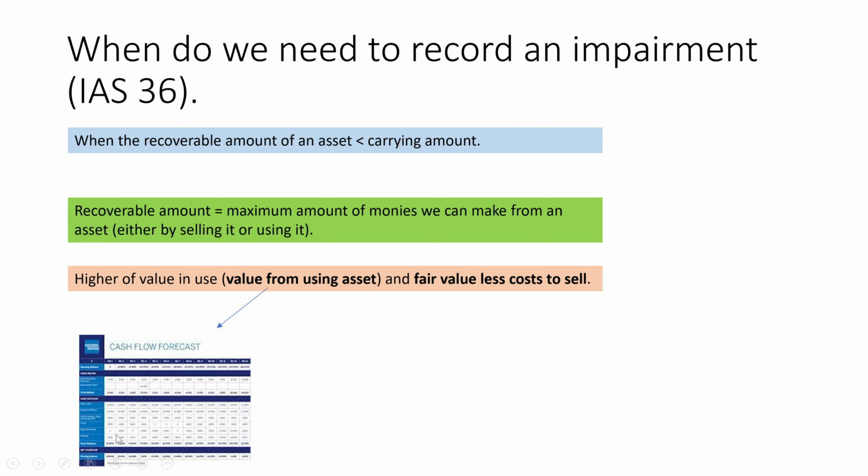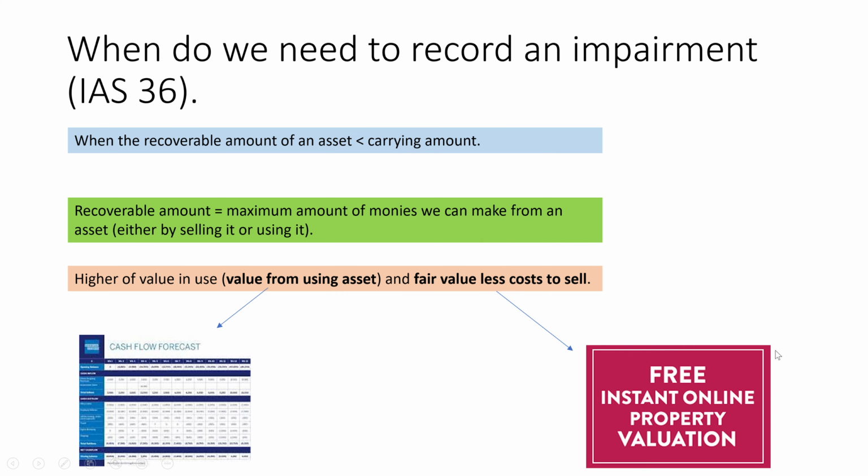So there's a bit of subjectivity. If you're an auditor, you have to assess whether the cash flow forecasts are reasonable. Have they over-projected revenue and under-projected expenses, etc.? For fair value less cost to sell, you generally would need an independent valuer. An independent valuation would be better evidence than one done by the company itself. And arranging a fair value assessment might take a bit of time and can be costly because you're paying somebody else to do it. I'm just giving some real world information, but